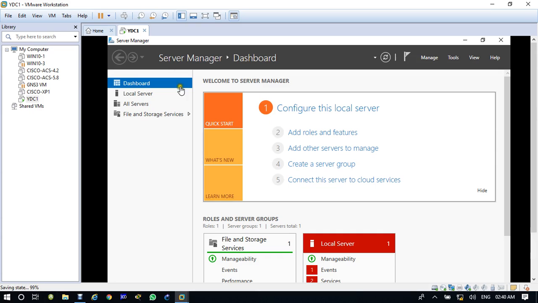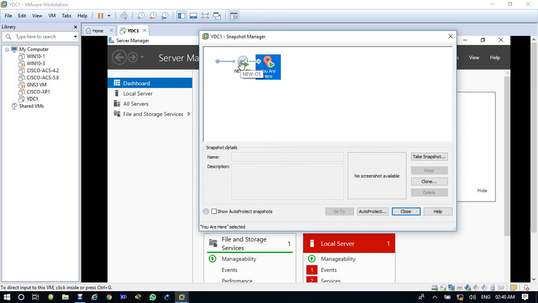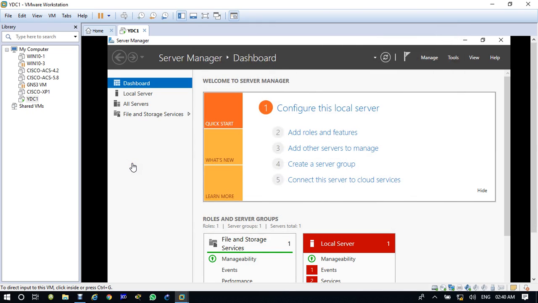Basically, what is a snapshot? A snapshot is just saving whatever settings you have done. So maybe if I want to come back, I'll just double click on this and I'll be on this state. It's a very good feature in VMware, and you will find it in all virtual machines, but you have to create it. Now the state is completed.